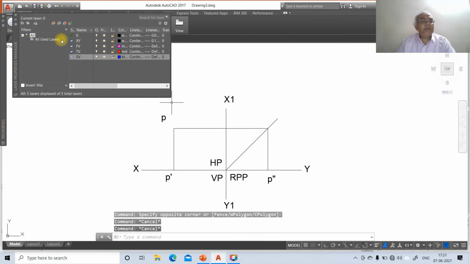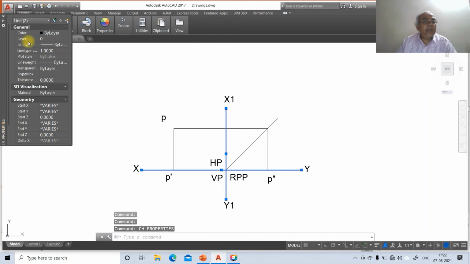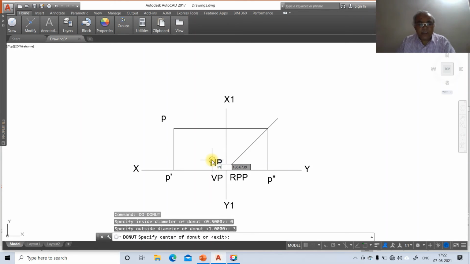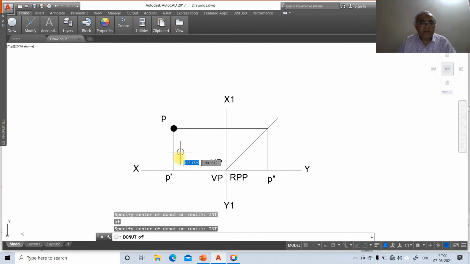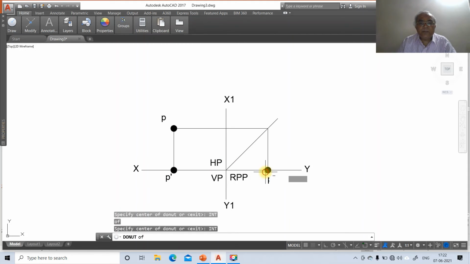So now we'll close this, go to these two, go to CH, go to layer, make this layer as XY, and now here first we'll go to donut, go to 0 and make this as 3, and take intersection point of these two, and this intersection point of these two, and this intersection point of these two.